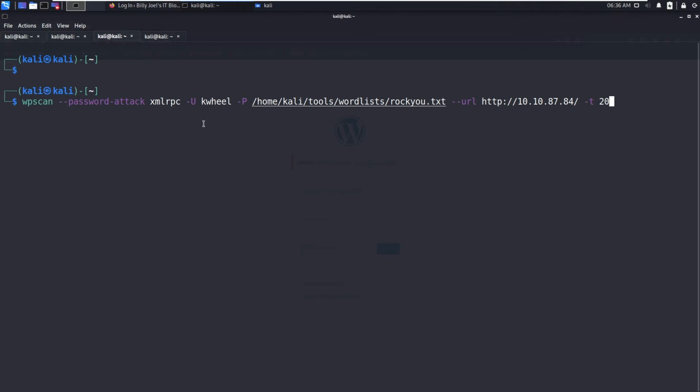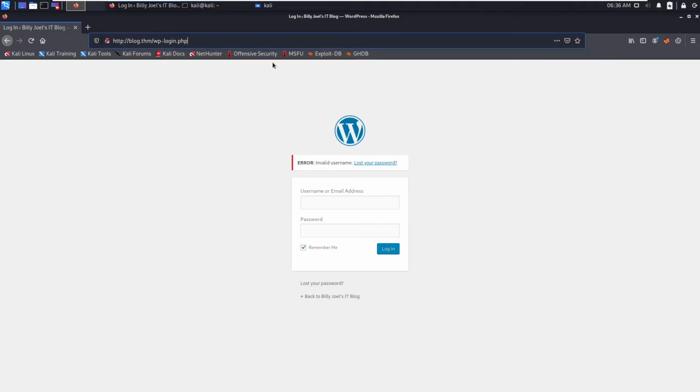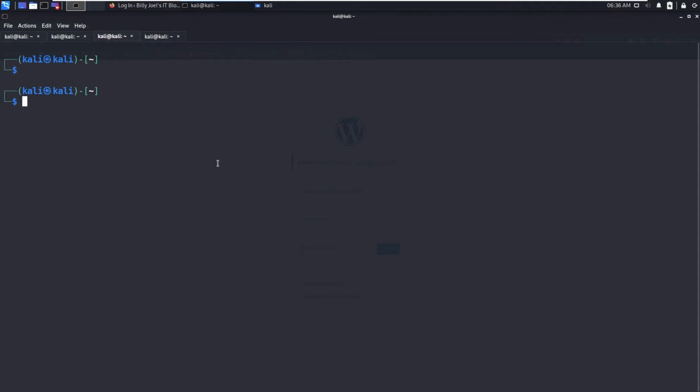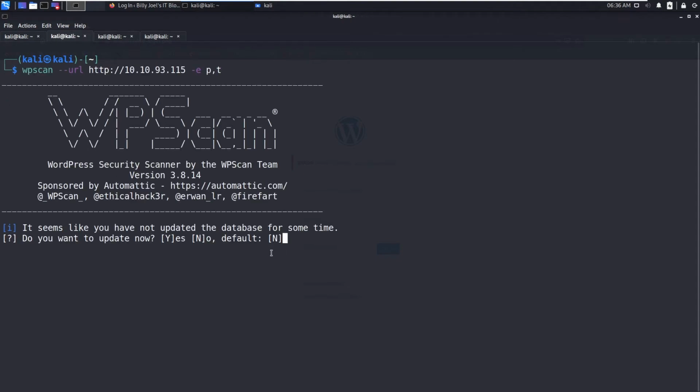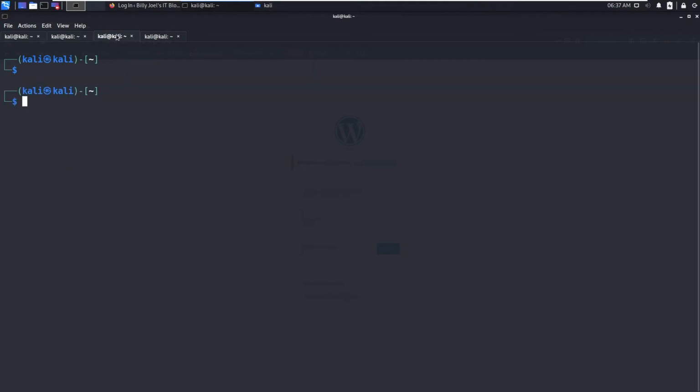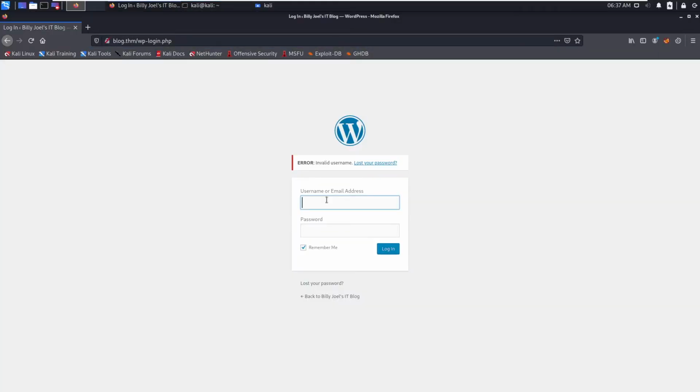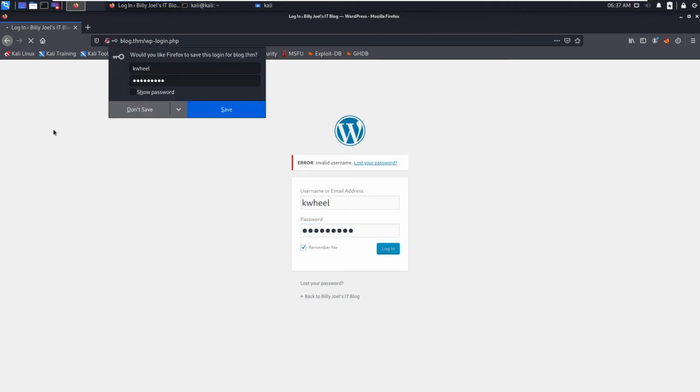So I'm not going to hit enter, it takes a lot of time. So you can use this WPScan, or what you can do is intercept the request and use wfuzz or Hydra for the login brute forcing. So for now I'm skipping this brute force method. So the password is qtpy1. So let's remember me and login.